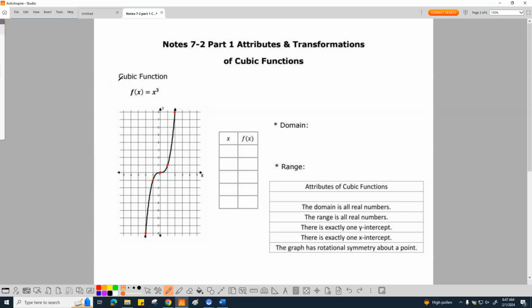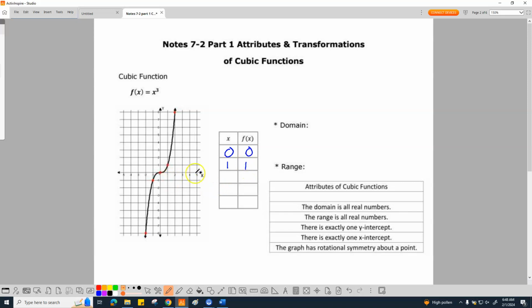The cubic function is f of x equals x cubed, and when you plot it on a graph, that is what it's going to look like. So where do these numbers come from? If you take a look at the red dots, you can see the first one is if I plugged in a 0, and then I plugged it into there, 0 raised to the power of 3 is in fact 0. If I plug in a 1 into this, and I do 1 to the power of 3, you'll get